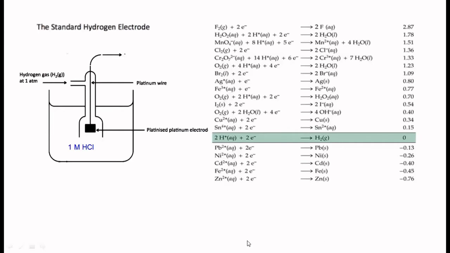And one important thing is, all those elements whose reduction potential is greater than that of hydrogen, which is 0, they all liberate hydrogen from aqueous solution. It could be water, it could be acetylene, it could be ethanol, it could be any solution which has got H+ ions, it gets reduced. So that is, which means all the elements which have got a lower reduction potential than hydrogen, they can only reduce it. Okay. So that is another important thing which you can derive from it.